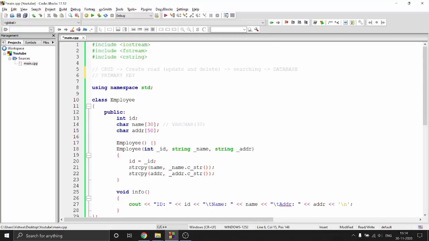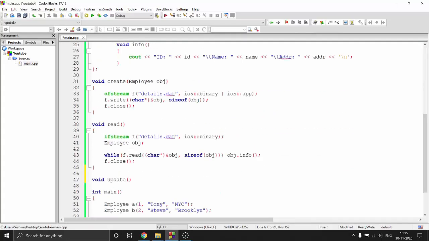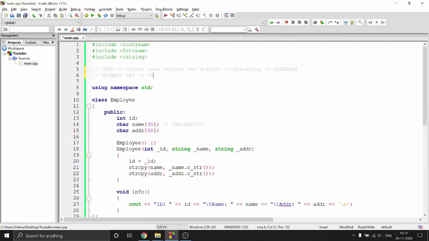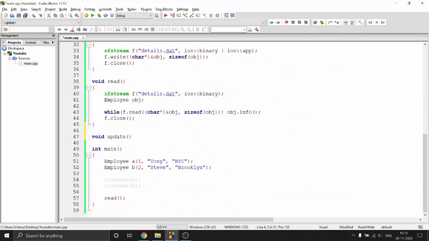ID is unique. So here the primary key for our class is ID, and that's how you choose a primary key. A primary key should be unique, and that goes the same with databases and with this one, right? But here we're just hard coding that ID is what we want.